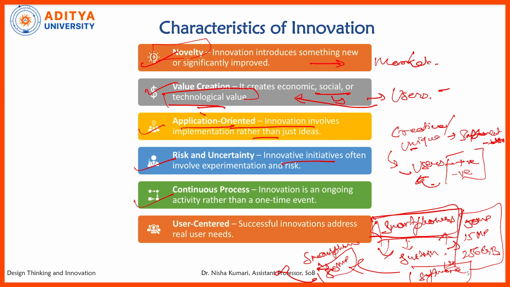So for example, if we talk about Kingfisher Airlines, correct? Kingfisher Airlines were struggling with their finances and everything. So what happened? To sustain in the market, apart from the airlines, they started the beverages sector also. They entered the beverages sector. Because of the earnings they were getting from beverages, it was helping them to sustain in the market. So the introduction of a new product altogether helped them to sustain in the market.